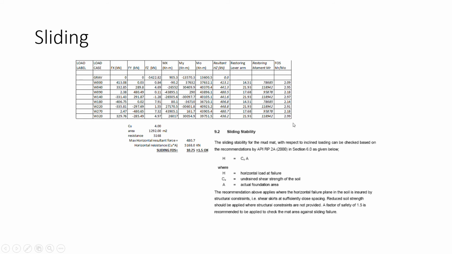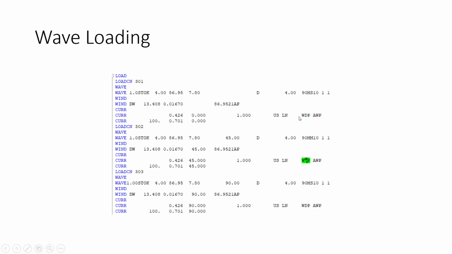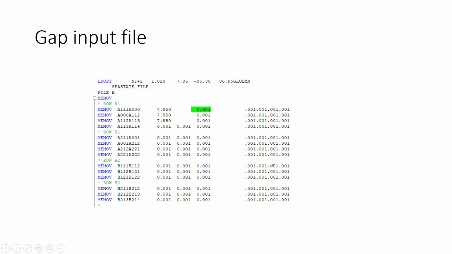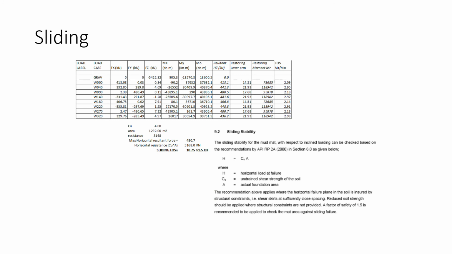Once after running the program, this combined input file will run in your model file. These two files you have to combine, and then you have to run the file. After running, you will get the output. From the output you will get, for each and every wave direction, FX, FY, FZ, and MX, MY, MZ. You will actually get all the parameters here. If you see here, the gravity load will be there, 5.54228.82. This is the gravity load.